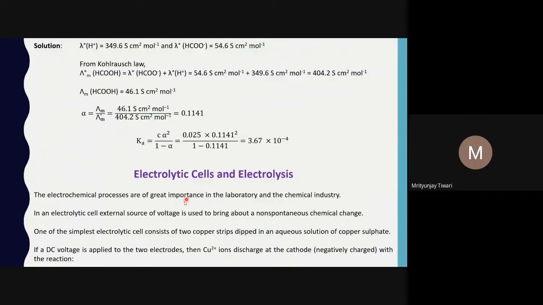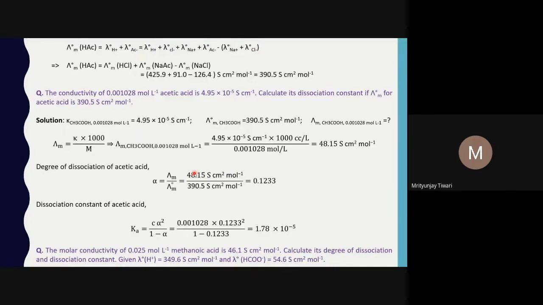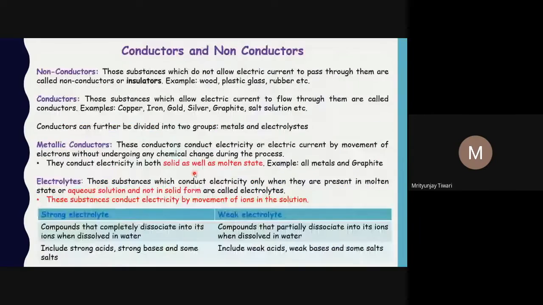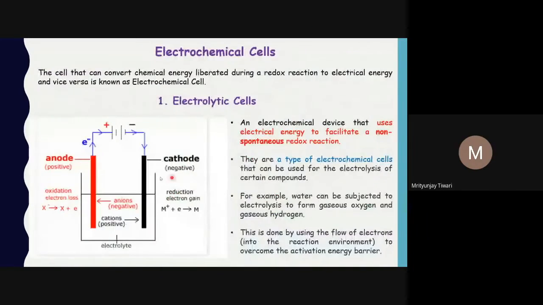So hello students, we are going to study about electrolytic cells and electrolysis, particularly the electrolytic cells. We have seen earlier how it is constructed. If you remember, in the first lecture itself I discussed the electrolytic cell. In a single vessel we use two different electrodes: one we call anode, which is given a positive polarity, and a cathode, which is given a negative polarity of the battery. We use DC current to make certain chemical changes, and those will be non-spontaneous chemical changes that we perform using an electrolytic cell.